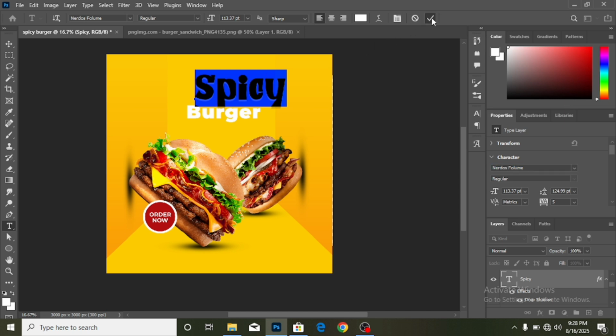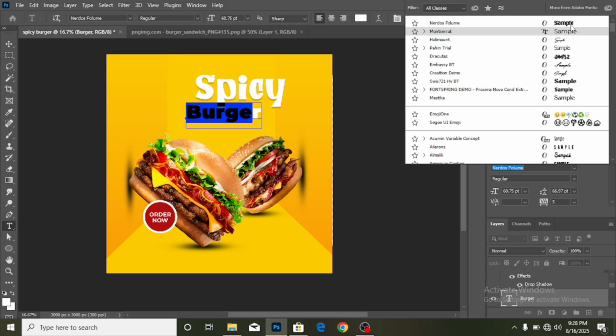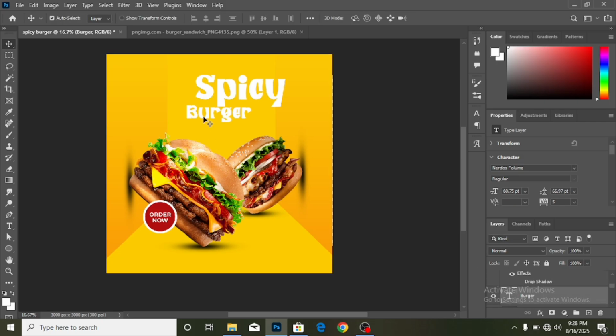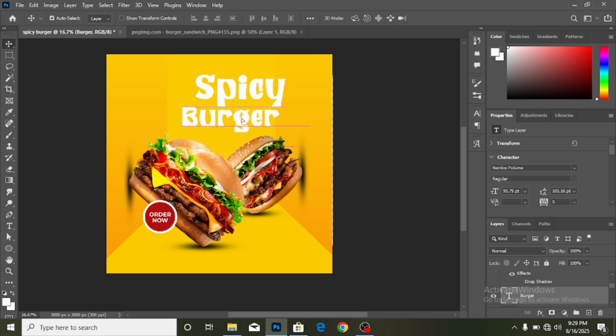So I'm going to try this out. I'm going to do the same for the burger as well. I think I prefer this more. It just spices things up. So I'm going to be reducing the size. I'm going to turn off the shadows because we actually do not need that anymore since it's not a signature font. So I'm going to increase the size of the burger and drag this to the middle,